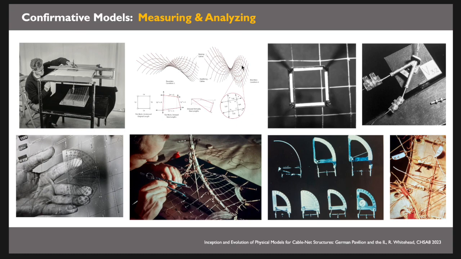So that change in the dimension of the net, slight change, okay? One side will be pulled more in tension than the other, but in doing so, that then is the accurate geometry that you need to convey. You need to be able to convey this in plan and section and elevation. You need to be able to measure it so that